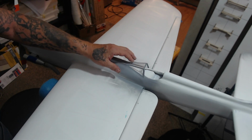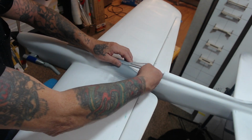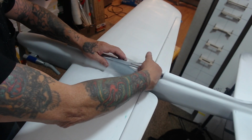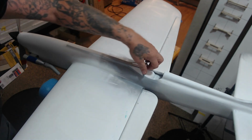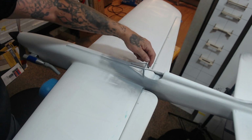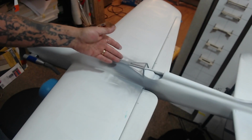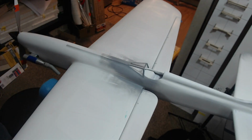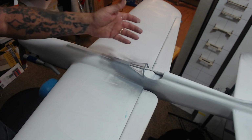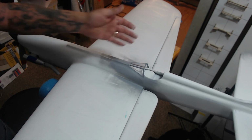Then you mount the canopy. I'm going to tape off the inside of this area so that no paint can get inside here, because if you do, it'll get all the glass inside dusted up. So you got to make sure you seal this area off real good. And you said, well, it's not going to be shiny underneath there. You're right, it's not, because it's not supposed to be. It's supposed to be anti-glare, and if you really want to be technical about it, it might have been painted black or